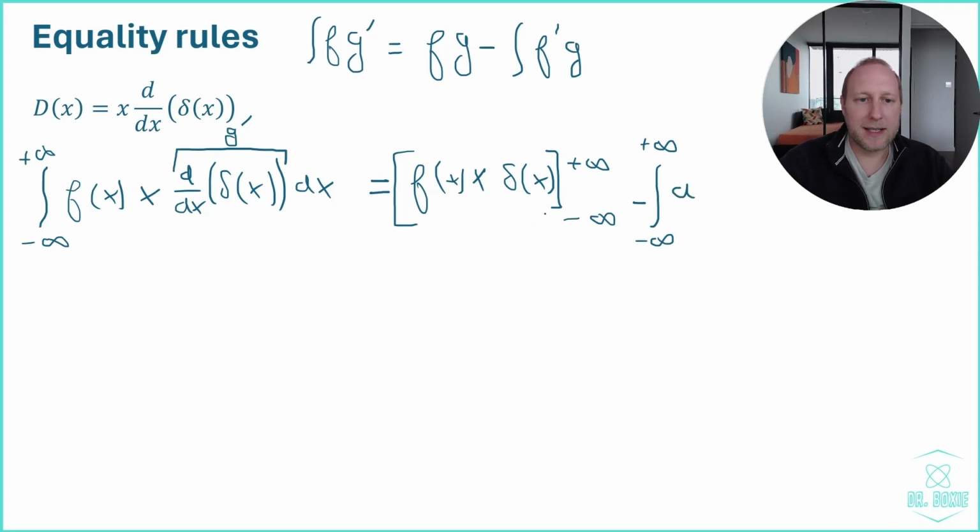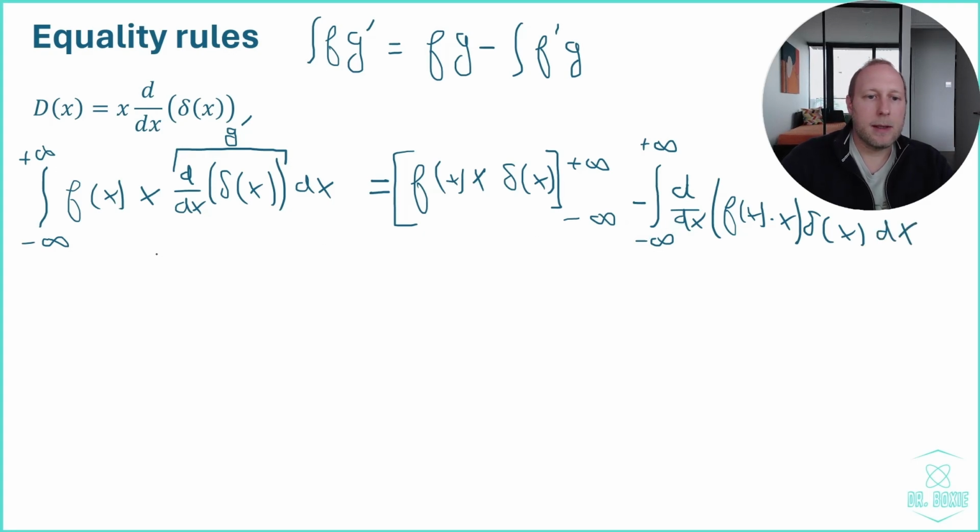of f of x times x, so that's d dx of f of x times x, multiplied with g, which is the delta function, dx. Now, first of all, the boundary term, notice that the delta function is 0 everywhere except at its peak. So when we take the limits for x going to both minus infinity and plus infinity, this will go to 0. So the boundary term just vanishes, and we're left with minus the integral from negative infinity to positive infinity